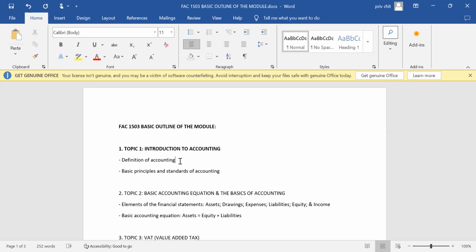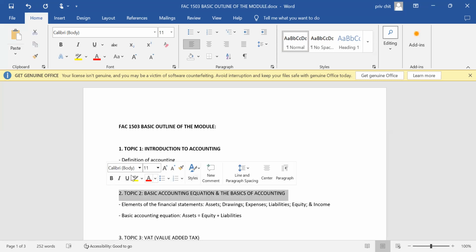So as you know, this is accounting for lawyers, or for law students, so to speak, and it's slightly different to the normal accounting that we deal with, especially with students doing purely accounting sciences. So with yours, as an attorney or as a lawyer, there are aspects pertaining to an attorney practice that you'll be dealing with as you progress further in the module, right? Topic 2 deals with the